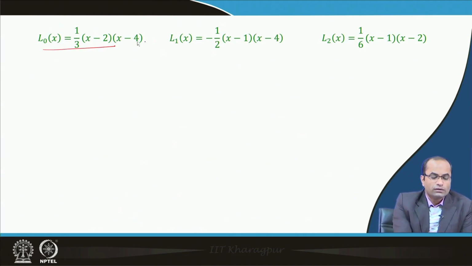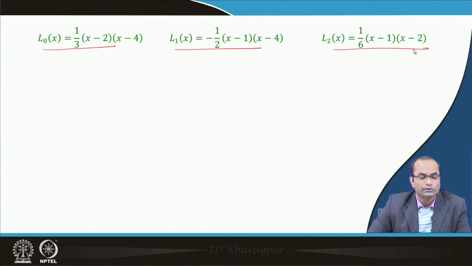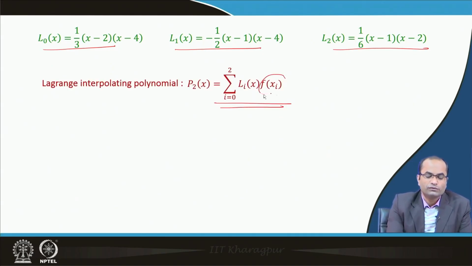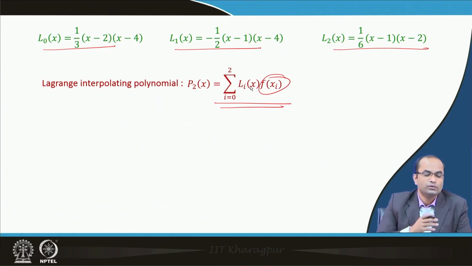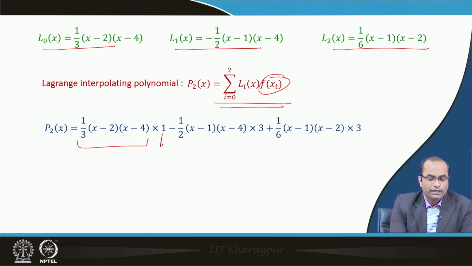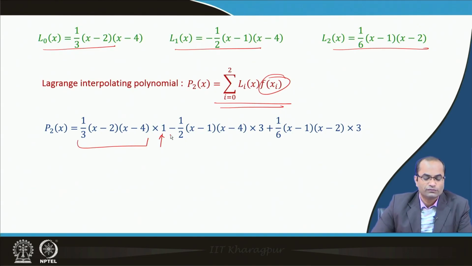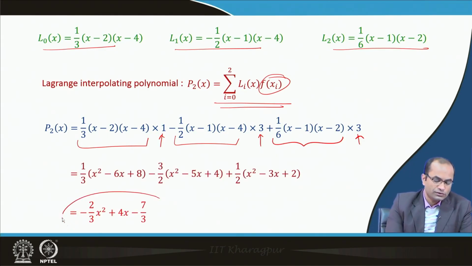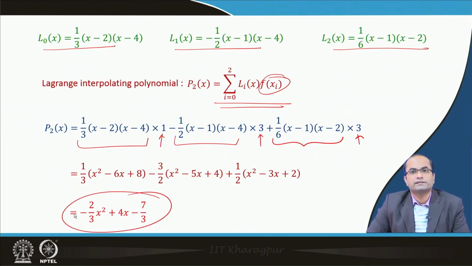Having all these desired polynomials of degree 2, L 0, L 1 and L 2, we can now write down this Lagrange polynomial. The only thing we have to do is multiply each of these L's by the function value. So, we have L naught multiplied by the value of f(x naught), this was 1, then L 1 and the value at x 1, which was 3, and then again here it was 3 for L 2. We can simplify this and we get minus 2 by 3 x square plus 4 x minus 7 by 3. So, that was using the Lagrange